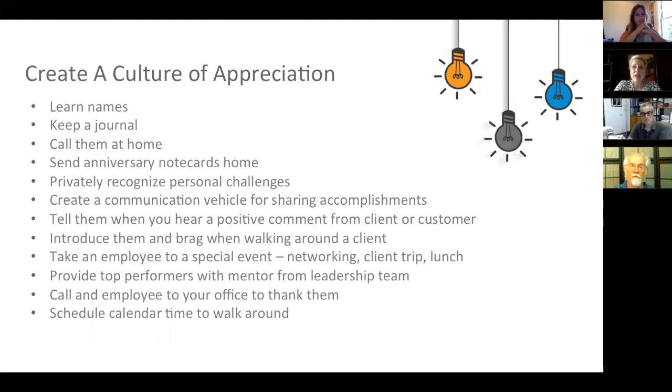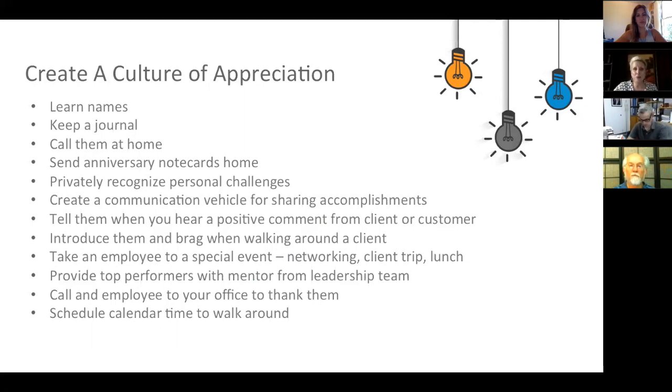One of the things that I did for years and years and years for Paul, it was a secret, now I'm sharing it. It's kind of like the man behind the emerald curtain for the Wizard of Oz. He would send anniversary cards every month to team members. And he wrote personal things in there, like, hey, I heard you just got braces. Come by and show me your smile. And people were blown away that he knew that.